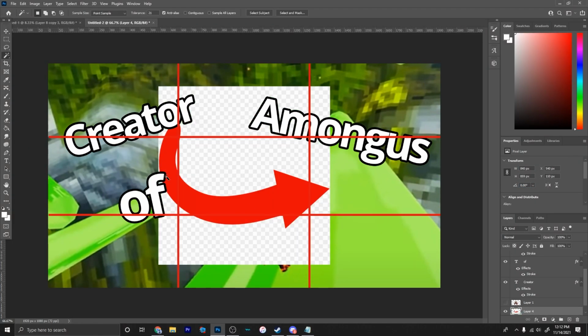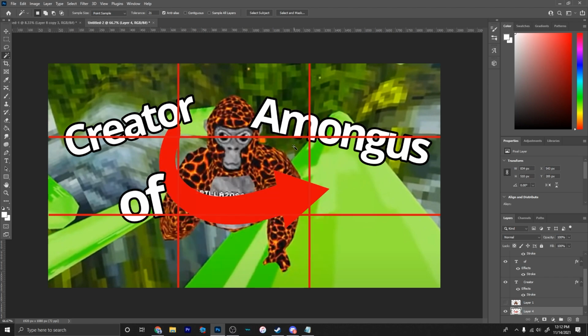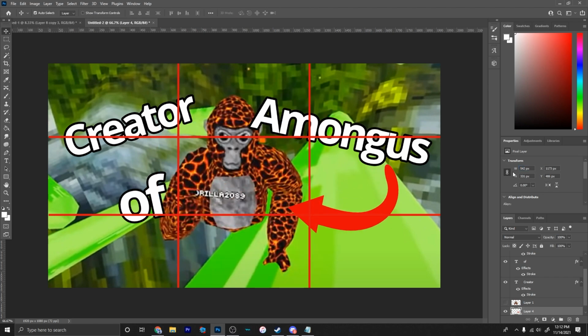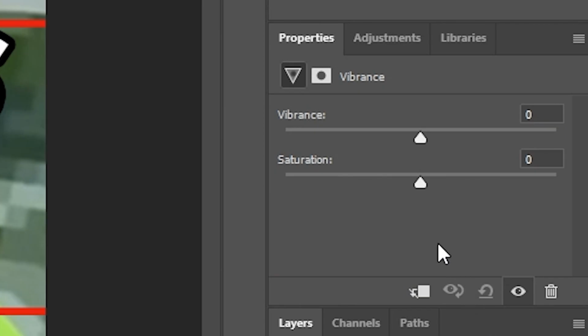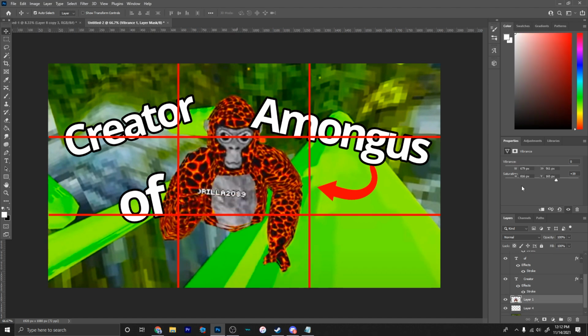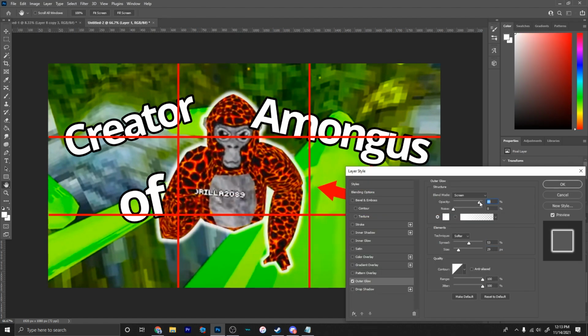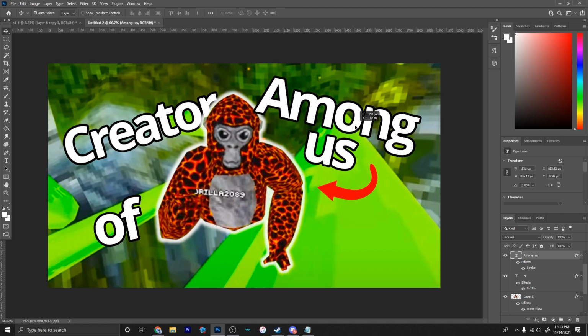Adding a red arrow here is important because although VMT doesn't do this on the thumbnail, it points towards the subject of the thumbnail. Play with the vibrance and saturation just to make it pop out more when it's on the YouTube homepage. Rearrange, add stroke to the subject, add an outer glow, add a drop shadow,